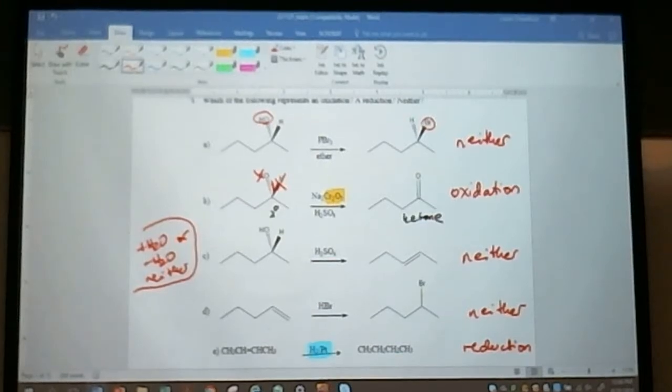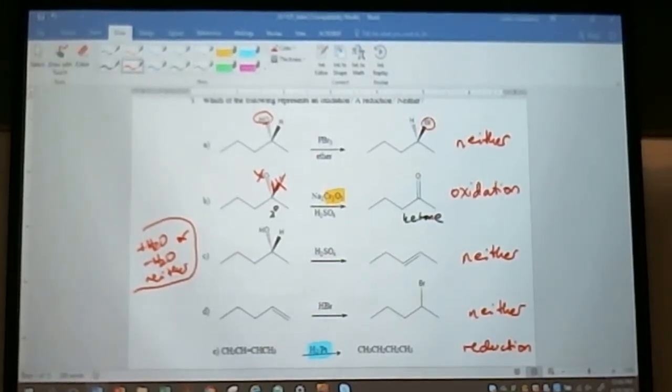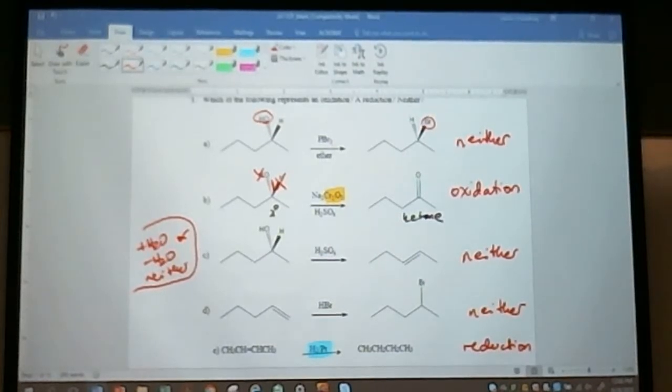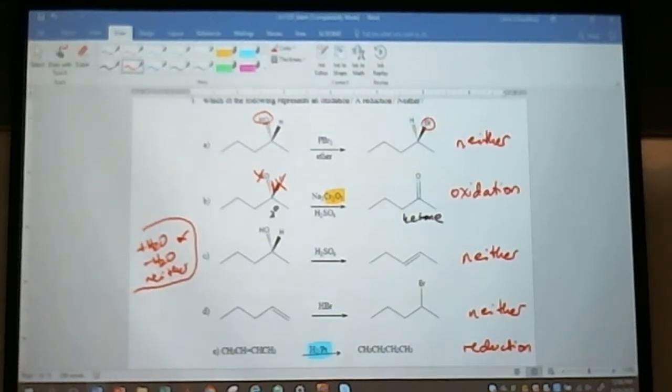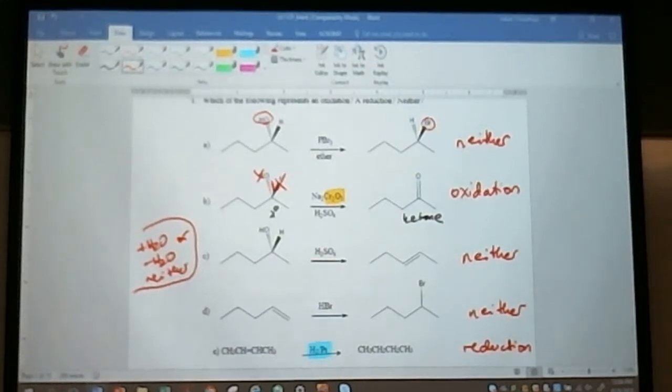Okay? But having some idea about those oxidizing and reducing agents, and we'll see some more that are not so obvious, but these are very, very common. So those you should have a good grasp of and recognize immediately. This is an oxidizing agent, of course this is an oxidation. All right, so